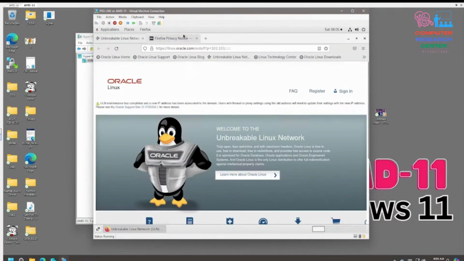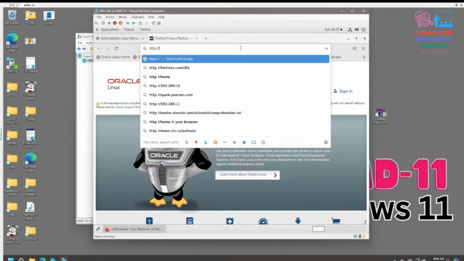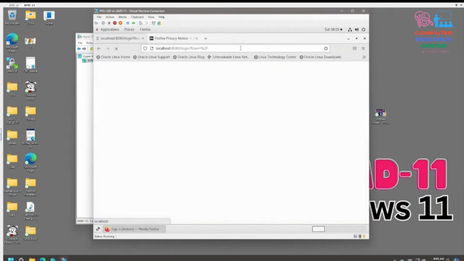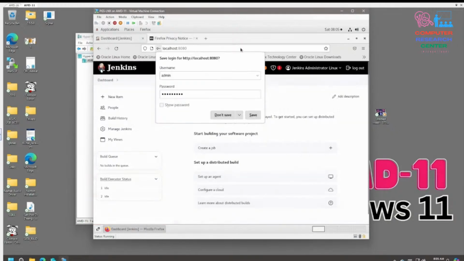So we will put localhost colon 8080. Now this 8080 port is being used locally, not through the firewall. This is local. So when we log into the same user ID that we created as an administrator,